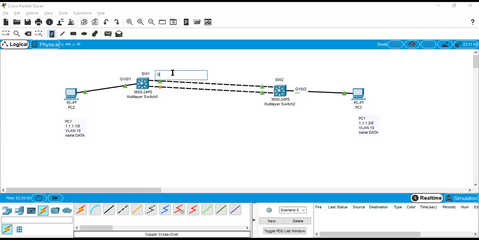This one G1/1/1, 1/1/1, 1/2, 1/2. This is access port. Hope you can see my screen. And then this is trunk port.